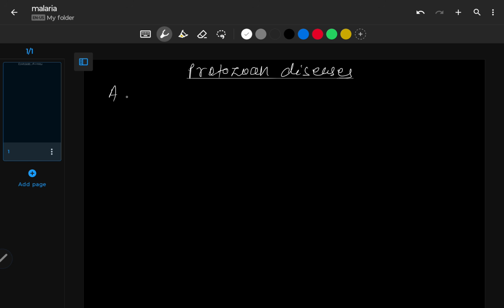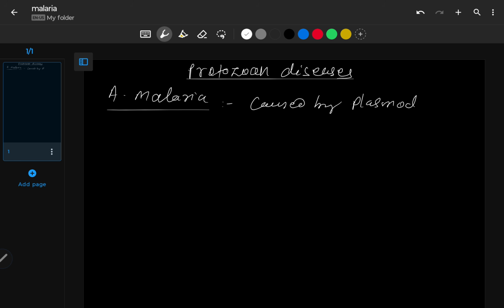First one is malaria. So what causes malaria? You all know that it is Plasmodium vivax. Actually, Plasmodium is the genus, so it is caused by Plasmodium. Plasmodium is a protozoa and it has species. The species are